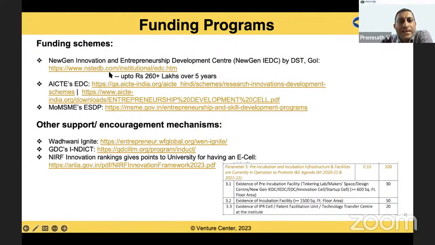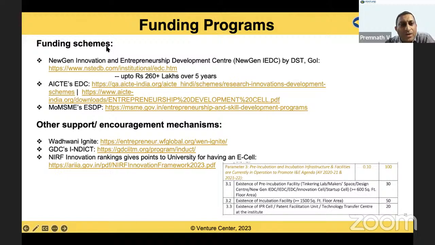This is available on the NSTDB site, and the only thing is that their calls come depending upon it happens not so regularly, in the sense not a fixed schedule. So that is a challenge. But that said, this is something which is an attractive funding pocket for EDCs, entrepreneurship development cells, or in effect,